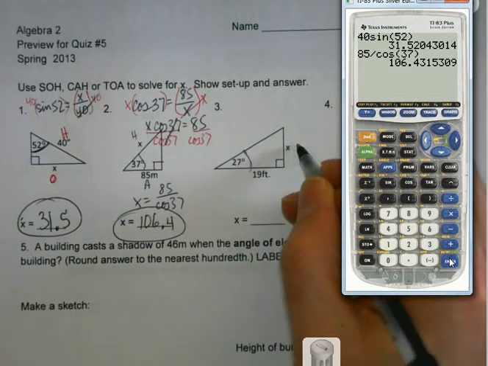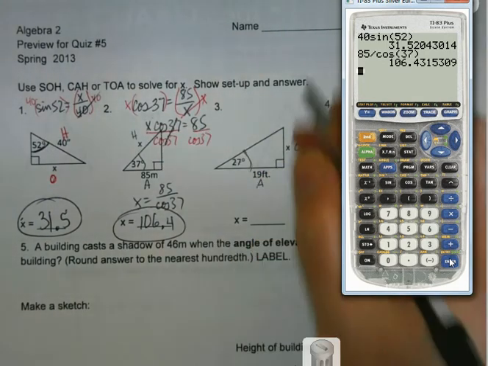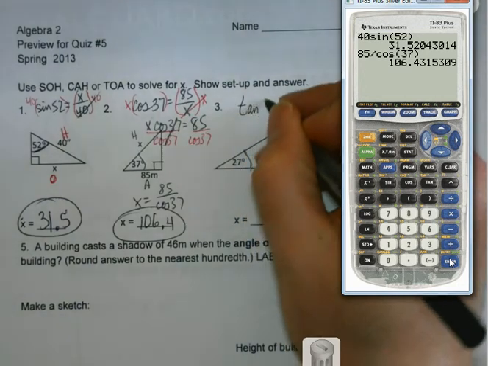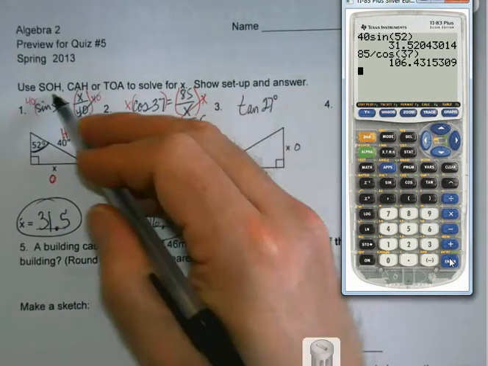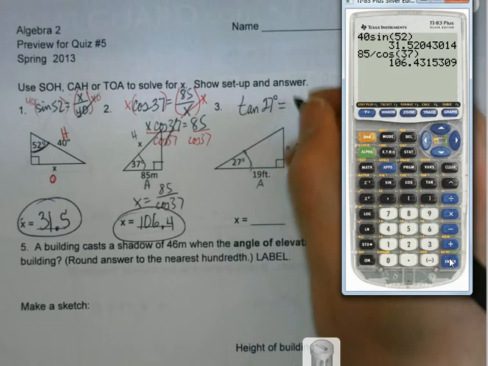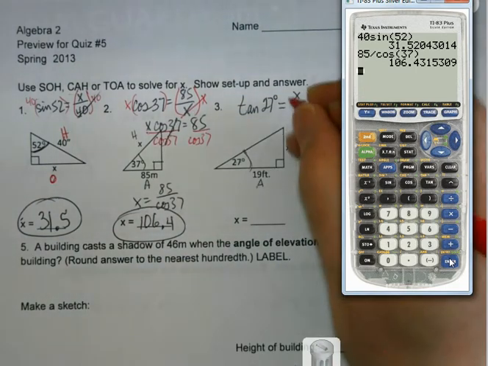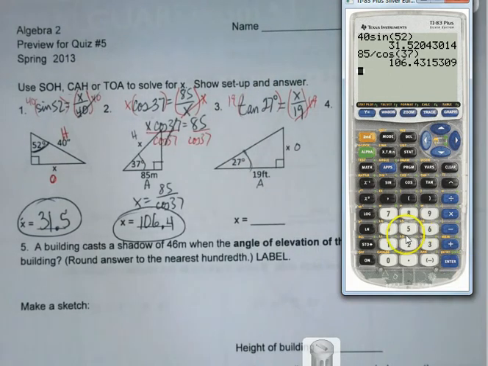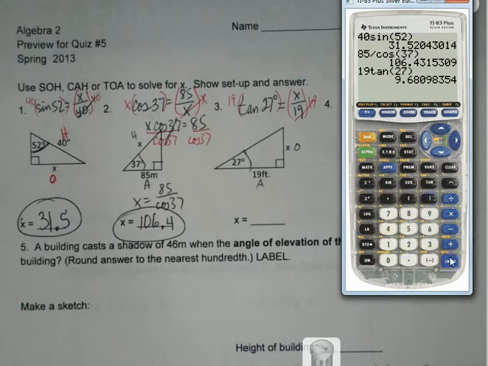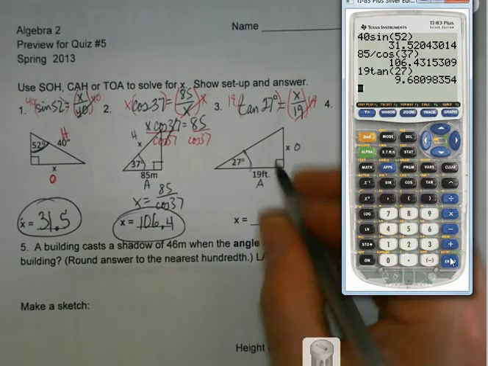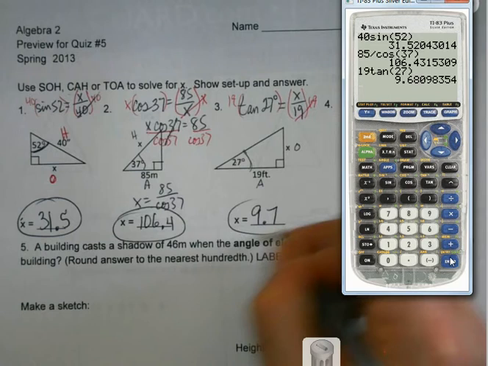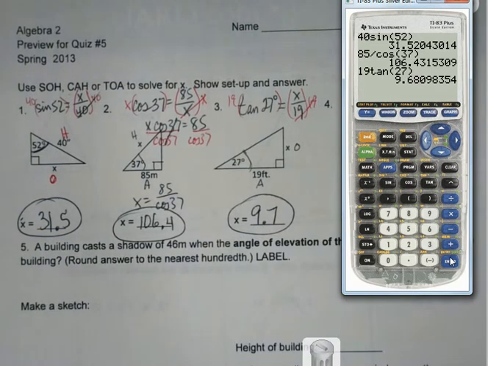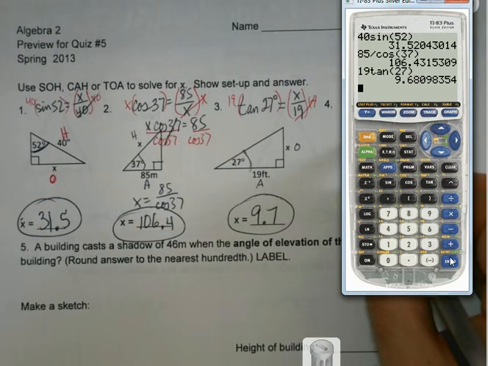I've got opposite, and I have adjacent, which would be tangent. And again, this will be there. But this time it is multiplied by 19. So 19 times the tangent of 27. 9.7. I'm good. And then finally, we have opposite,